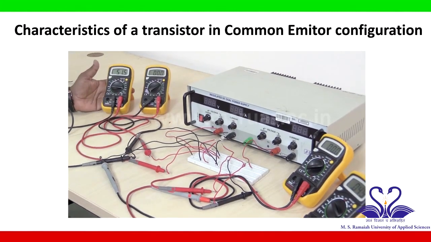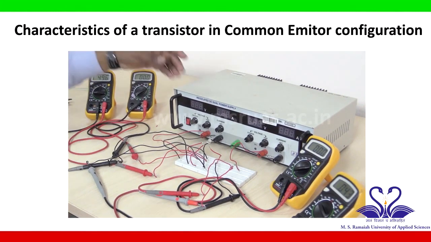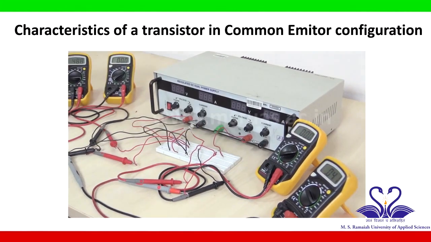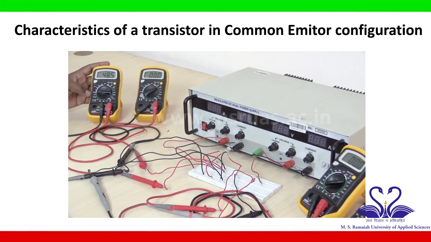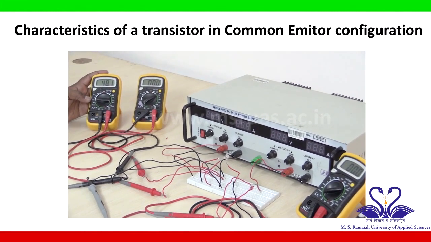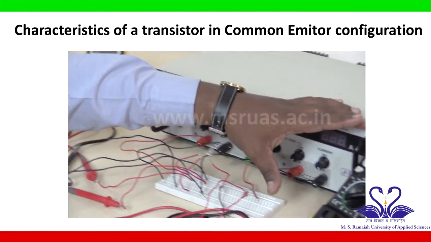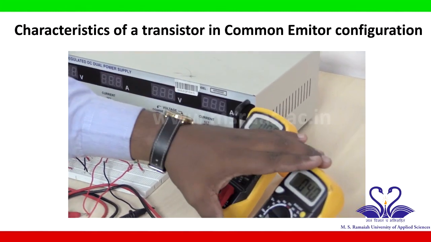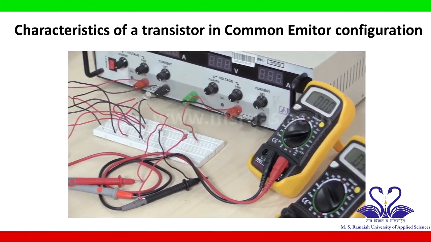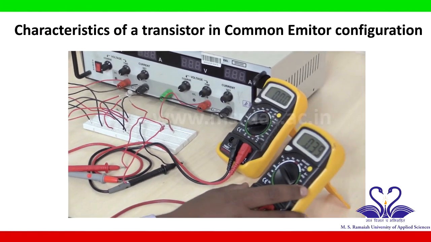So now this is the input side voltmeter, input side ammeter, this is the output side ammeter, output side voltmeter. Otherwise you can call this as a multimeter which is used to measure the VBE, base to emitter voltage. This is the base current, and this is the collector current, and this is the collector to emitter voltage. So based on the procedure, first we have to make VCE, that is collector to emitter voltage, as